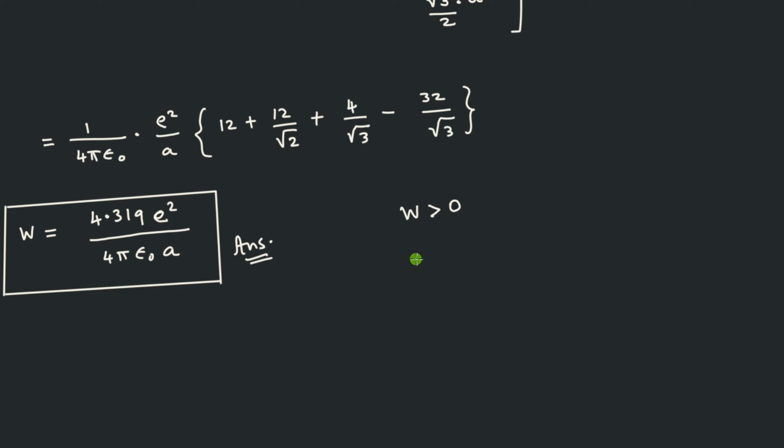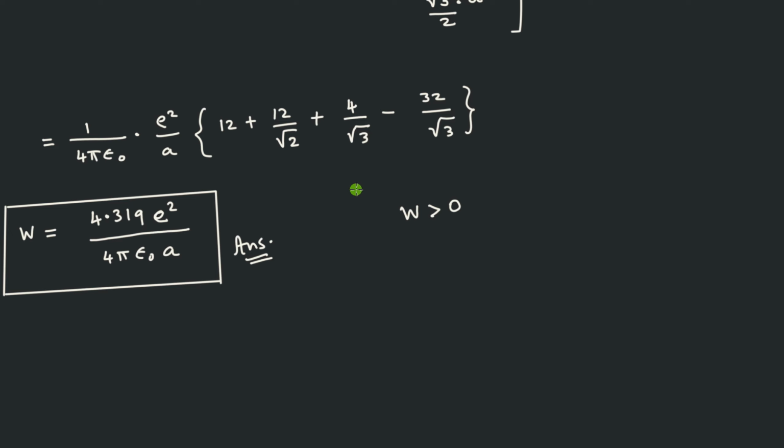So it is not necessary that you should always get a positive number. Sometimes you can get a negative value also. That is not a problem because it is a work done. So work done can be considered equivalent to a potential energy. So potential energy can be negative or positive. If it is kinetic energy, only then you have to be careful. Only positive values are allowed. For potential energy, both positive and negative are allowed.